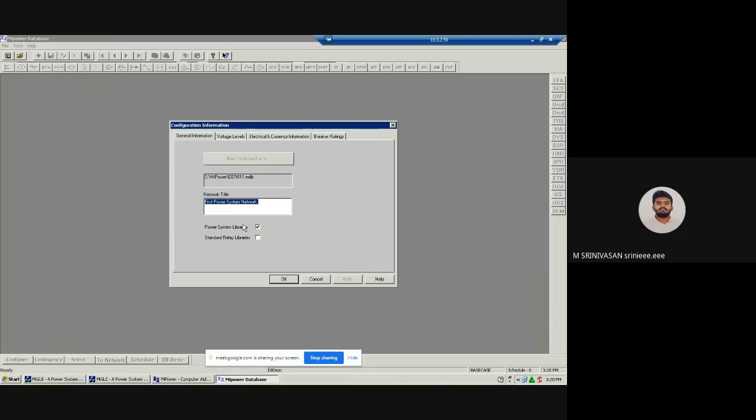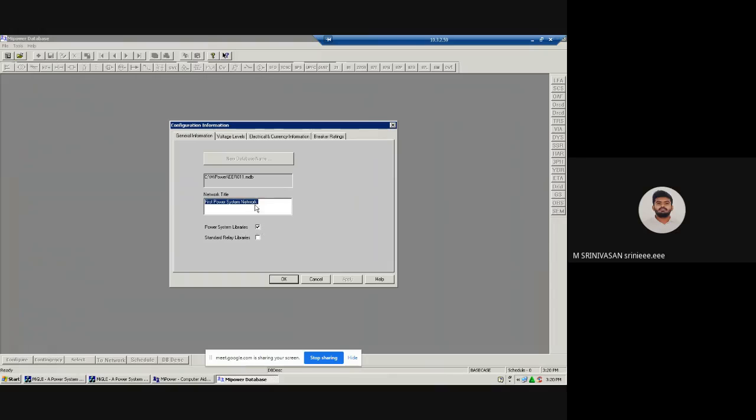Then we have to configure some things. First it will ask for general information, where we have to choose power system library and standard relay libraries. We are going to do only load flow analysis, so it is enough for us to use only